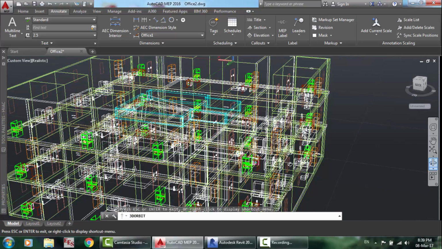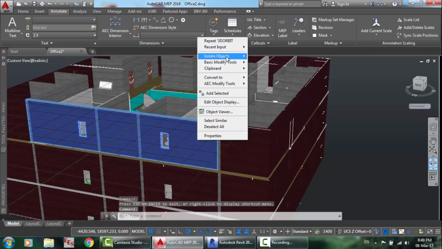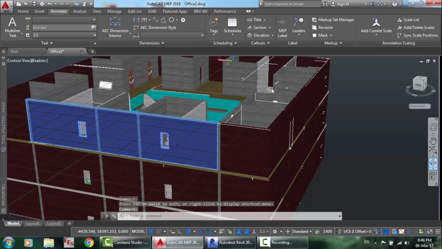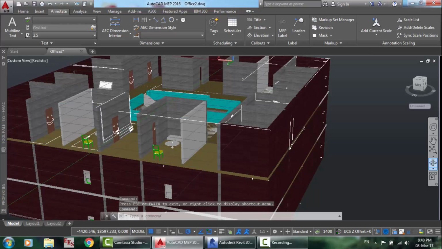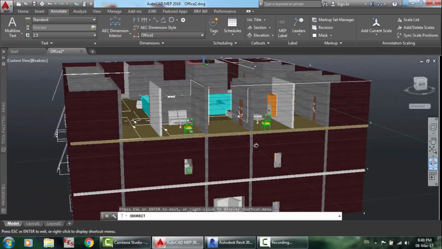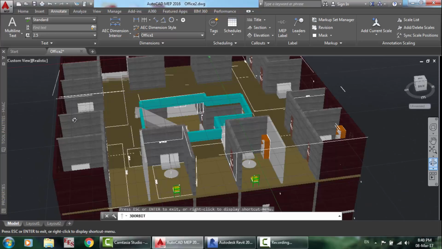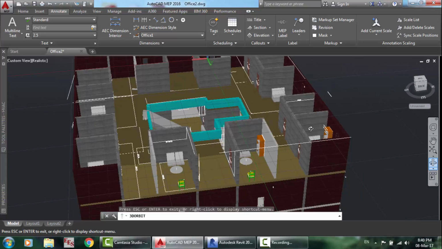Also you can isolate this object, hide objects to see this. Look, just a simple design. And in the next tutorials we are gonna use Autodesk Revit MEP to apply our knowledge